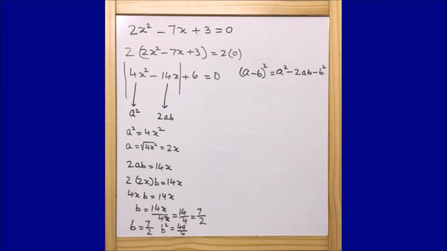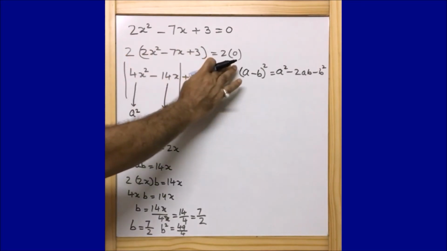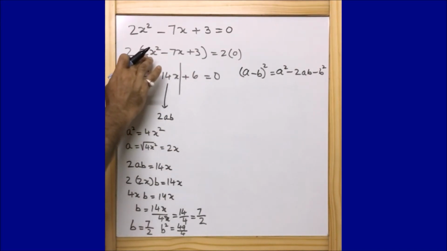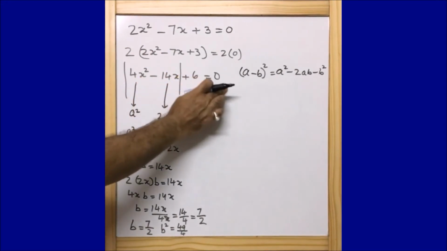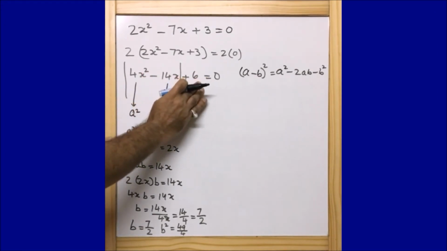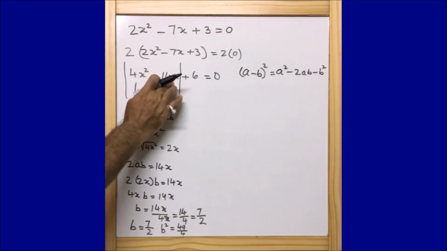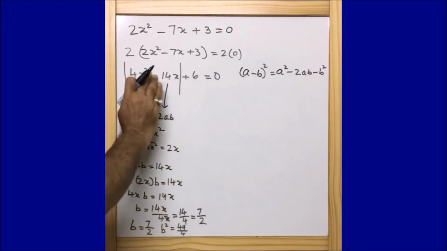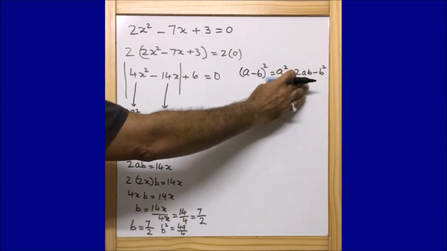So what I did, I just multiplied 2 to both sides of the equation to make this coefficient of x square a perfect square. Then we got 4x to the power 2 minus 14x plus 6 is equal to 0. And what next step I did, I kept this 6 a little bit aside, and I said that here it is 4x square minus 14x, and as it is minus here, we are going to think that this equation is of the form a minus b whole square, which is nothing but a square minus 2ab plus b square.